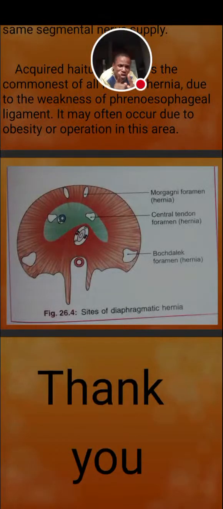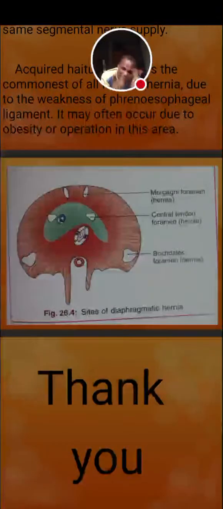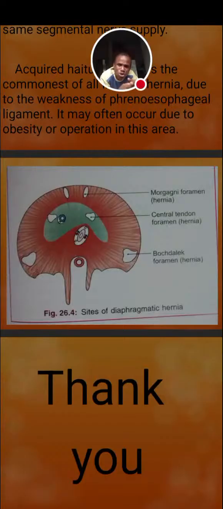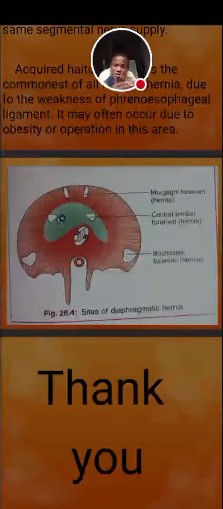And we have to be very careful, because when the opening is unnecessarily enlarged, it can cause an organ in the abdominal region to want to enter into the thorax, and that will lead to hernia. So the possibility or proclivity of any organ to want to enter into the thorax through any of the opening